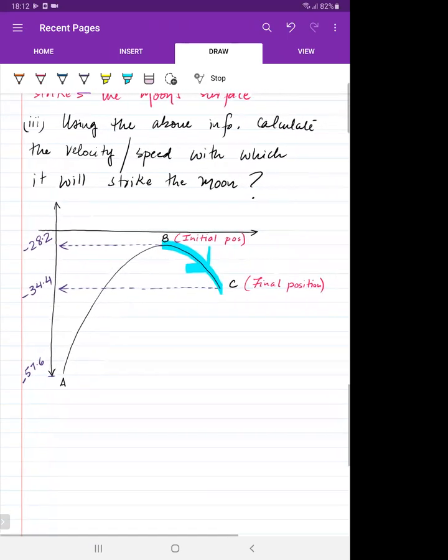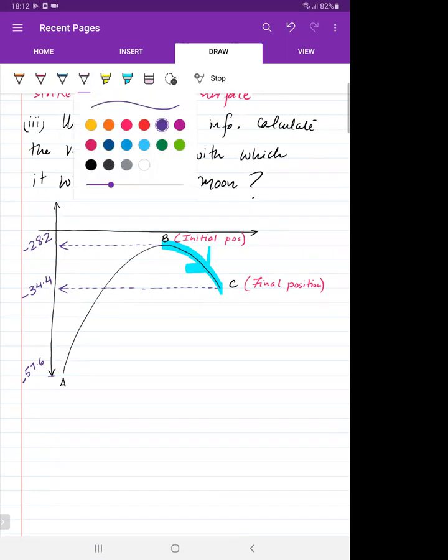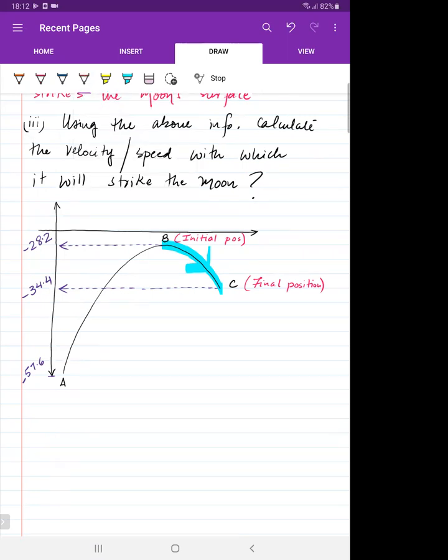So yeah, coming back to this working. Basically, I've stated the initial and the final position. So the working approach would be: as the object approaches the moon, from the moon's perspective,